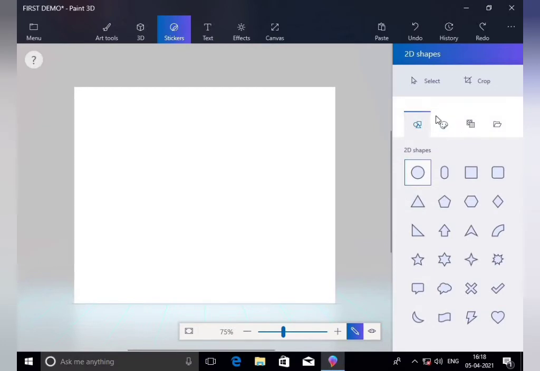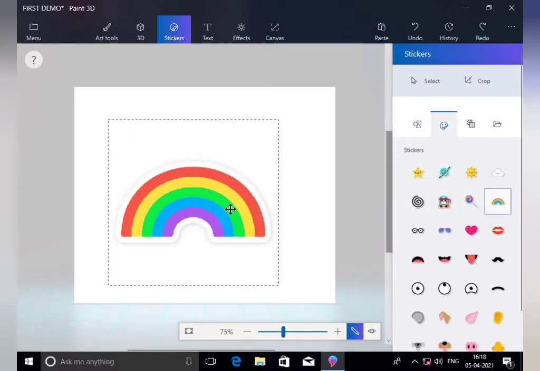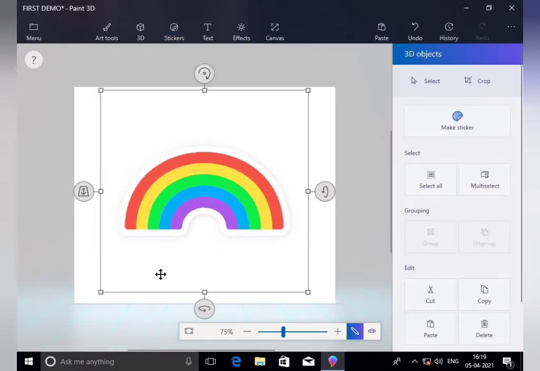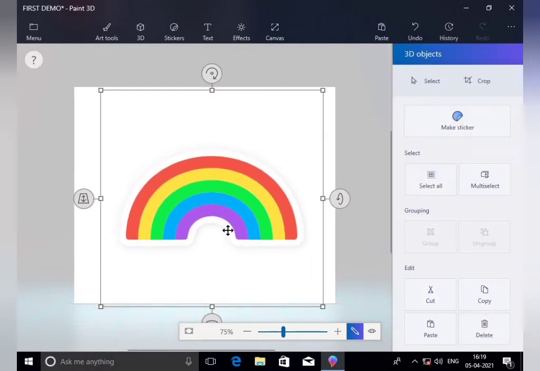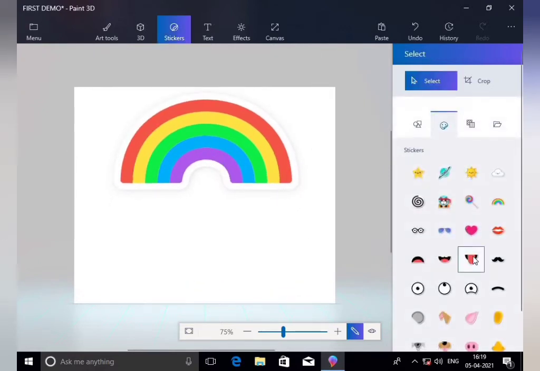First of all, where is our rainbow? This one, right? It is our rainbow. Okay, 3D. We can choose mark as 3D. Make it bigger. Arrange it here.